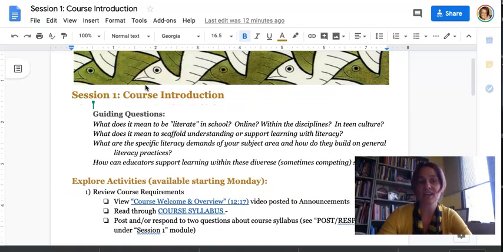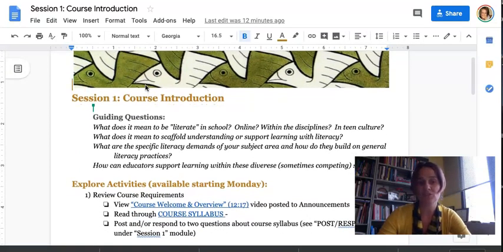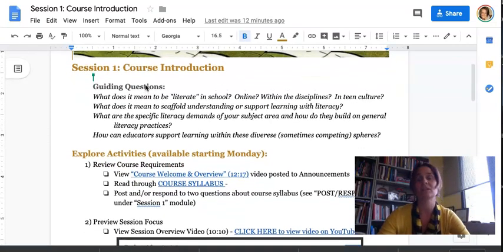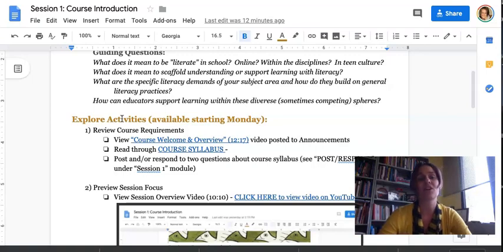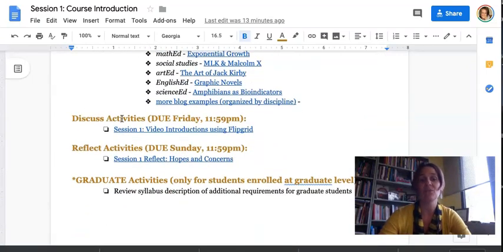Every session agenda starts out with some course questions, some guiding questions to kind of ground you. Our questions here are really broad for this week, because they're really just introducing you to the course. So what does it mean to be literate in school, in our specific discipline, online, in teen culture, etc.? Really big arching questions, meant to ground you this week in what this course is about. Then there are the explore activities, the discuss activities, the reflect activities, and